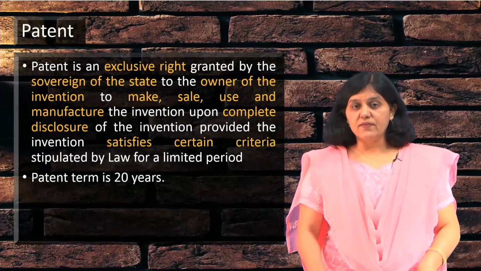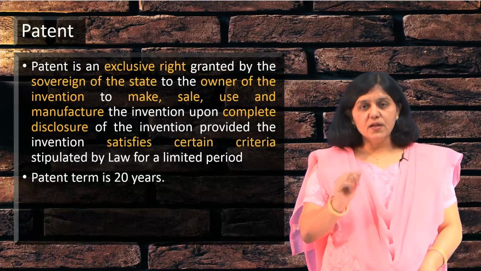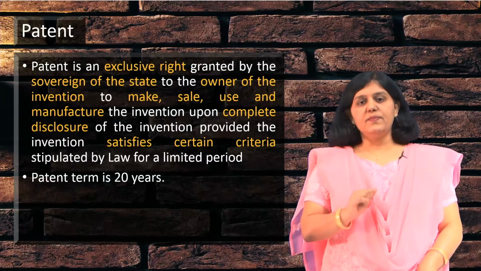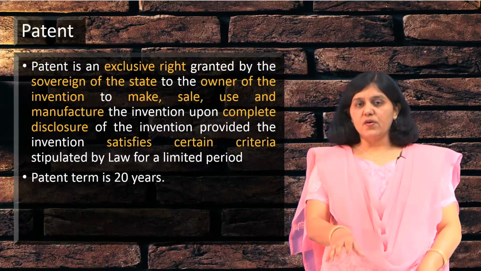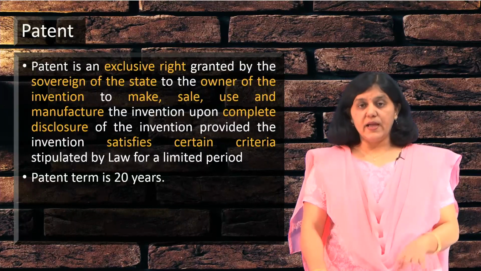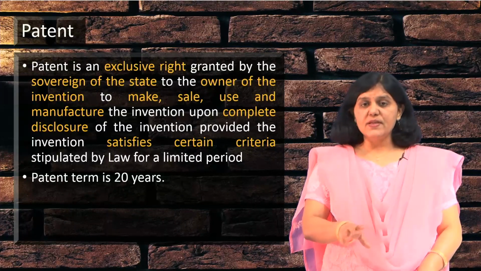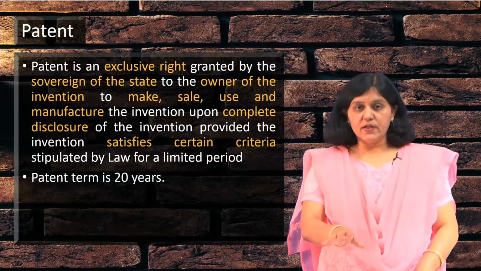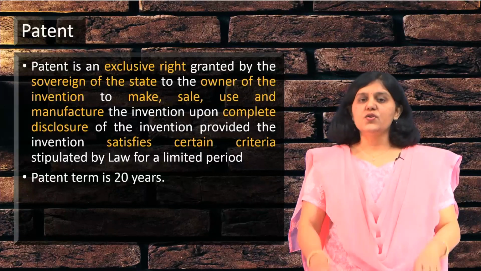So, what happens to the patent after expiry? After expiry of the patent, that is after 20 years, the patent enters into the public domain. What is the meaning of that? The meaning is that anybody can now use the patented product or process. Thus, due to the limitation of time, after 20 years the patented product or process enters into the public domain and is available for practice or exploitation by anyone. So, this is the philosophy. There are so many theories and deliberations about the IP system and how it developed. We are not going into the details of that now. However, with the period restriction, we try to seek a balance between the inventor's right and social welfare.